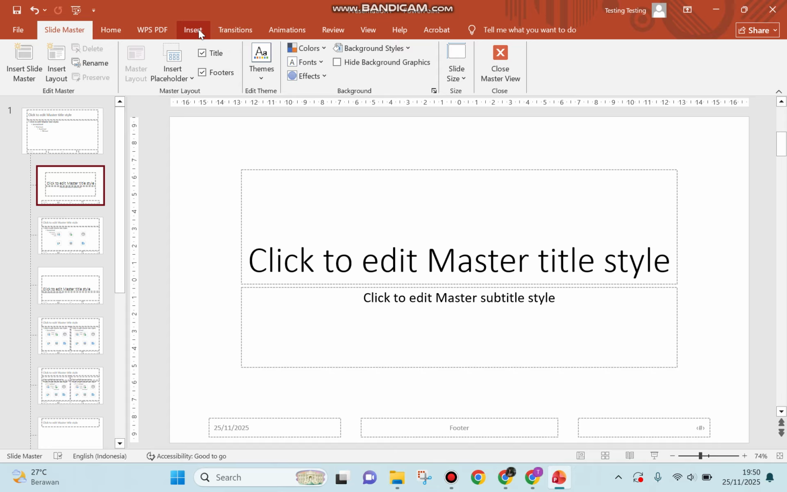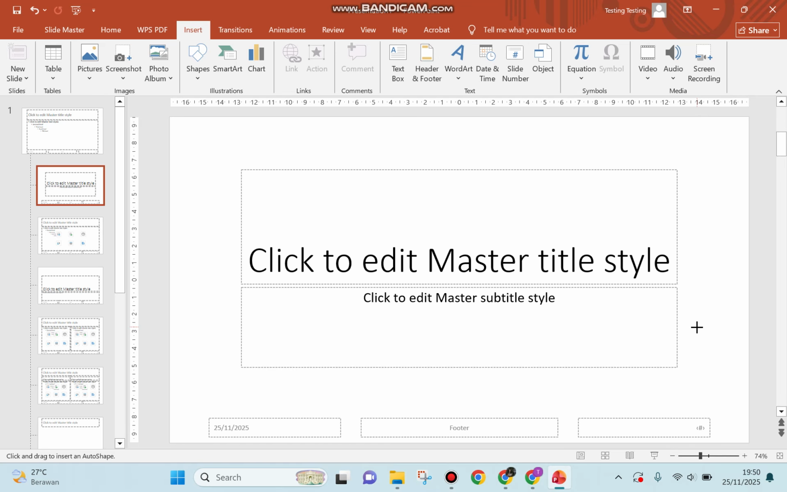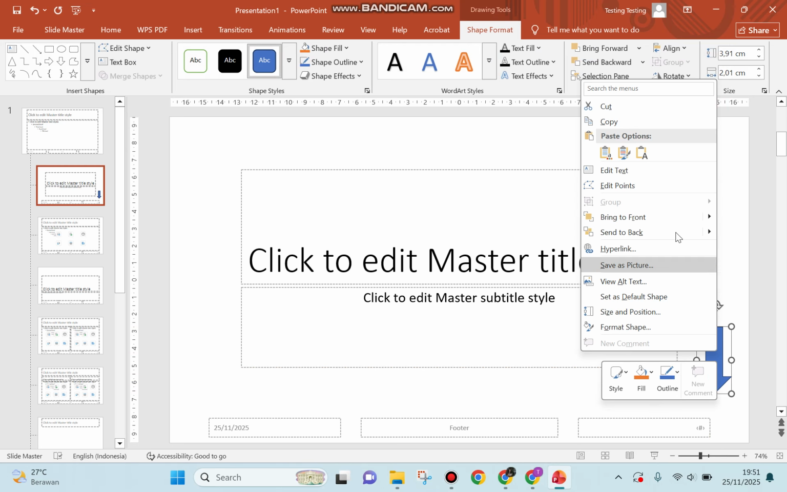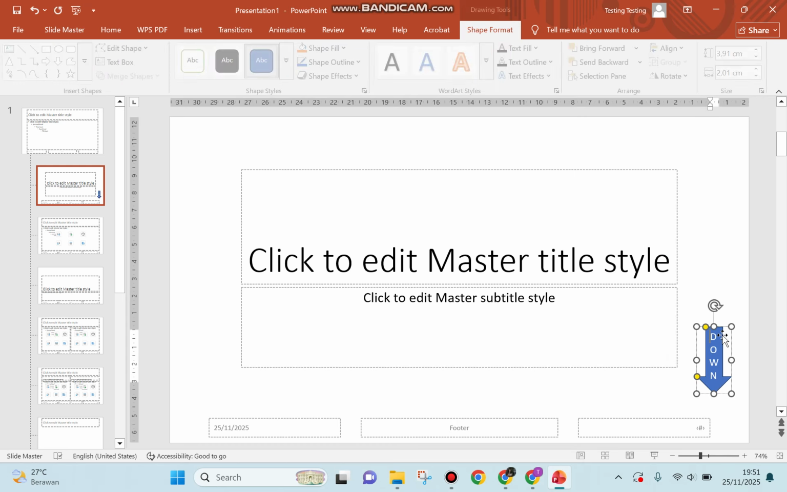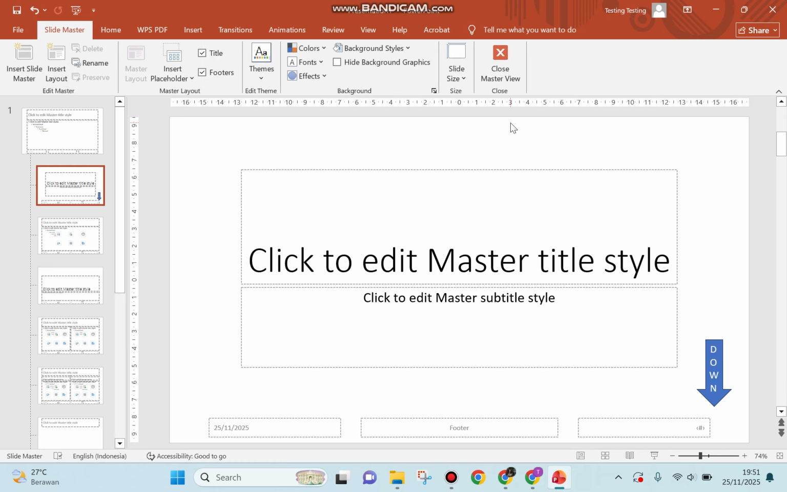And after that I will go to Insert, and for example I will choose this shape, for example this one, and you can also add text here, for example "down", and you can also move it. And after that you can close this master view,